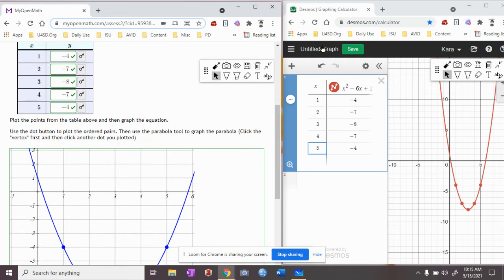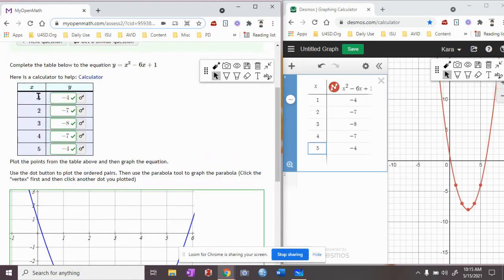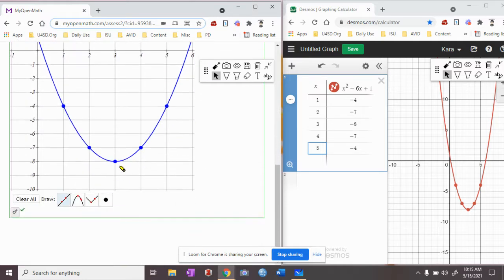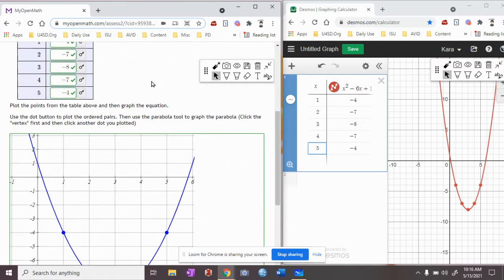So this is a great way to utilize your tools, or you can do your input-output: put in 1 for x, get your output; put in 2 for x, get your output. This is going to speed up the process for you though. Okay, so then we are going to go on to the next question,